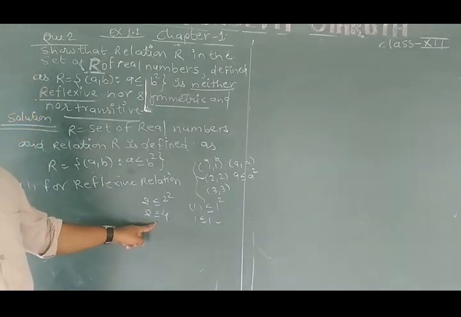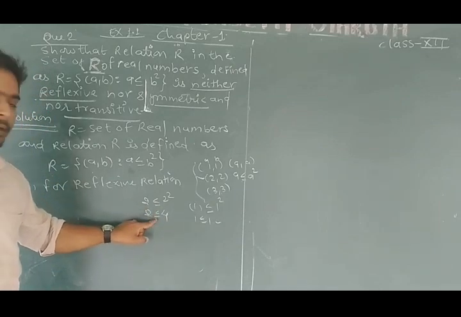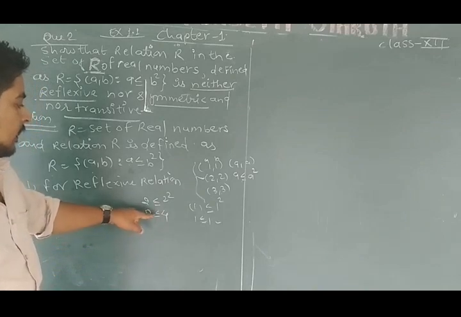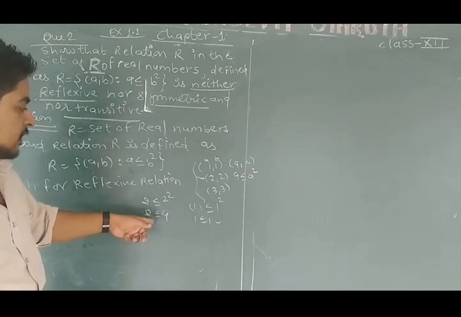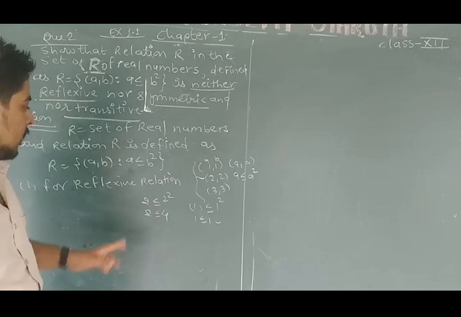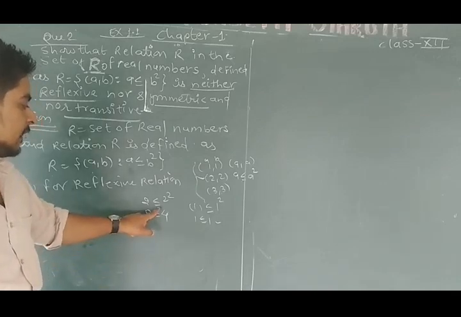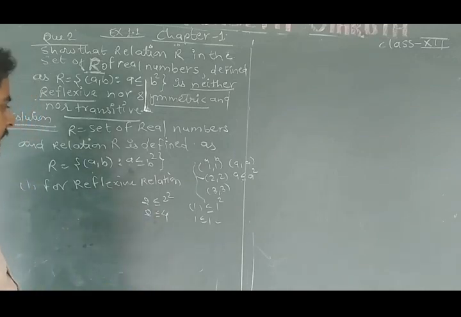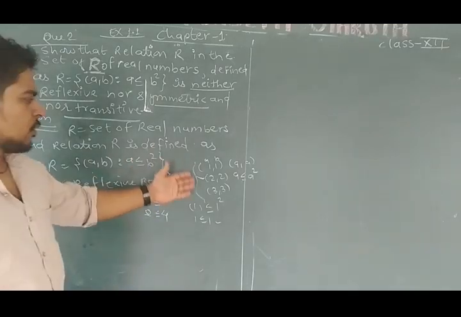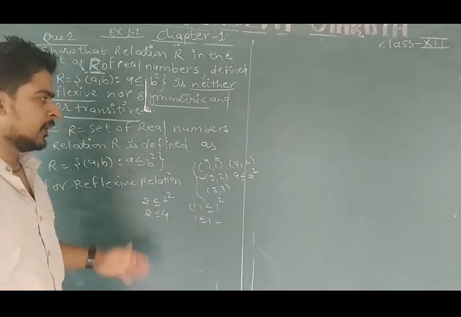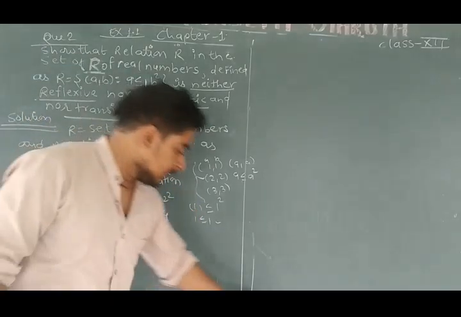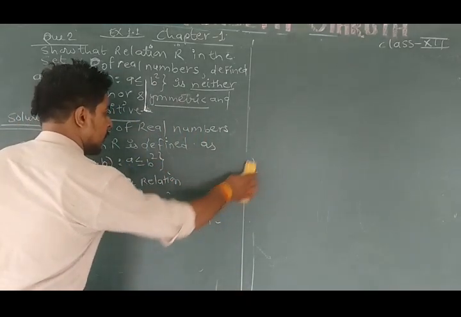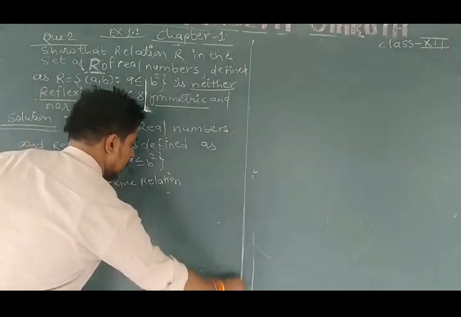This given relation indicates the inequality, less than or equal to. It may be both; in the given condition only one condition will be followed, or maybe two, that the first element is either less than or equal to the square of the second element. These elements hold the reflexive property, but we have to check only the type of ordered pair which does not hold the reflexive property. So I am writing here,